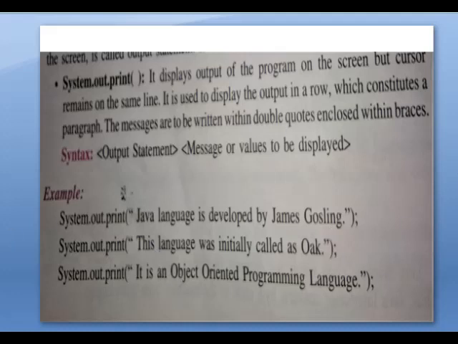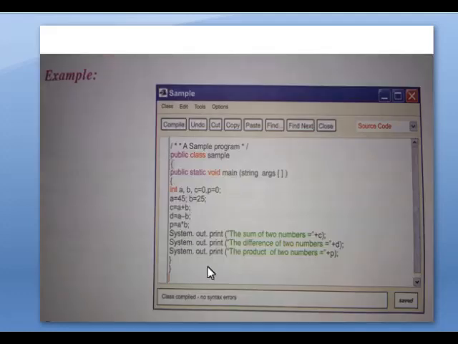One example you will see here. This is a sample program to display the output in the same line. If we use the output command system.out.print, it will display the result on the same line.